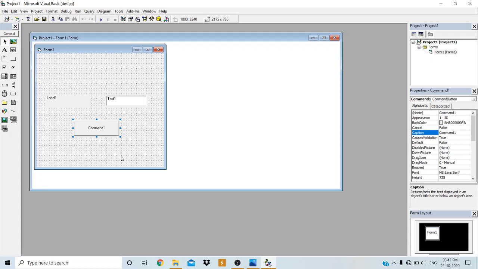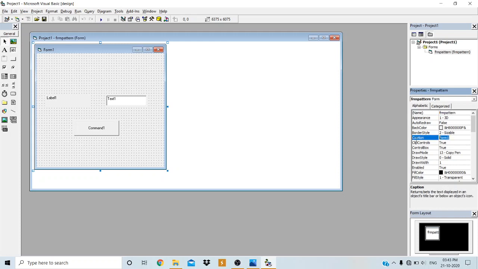Only these many controls are required for this application. Now we have to change the properties of the respective objects. First, for the form, I will change the form name to frmPattern.